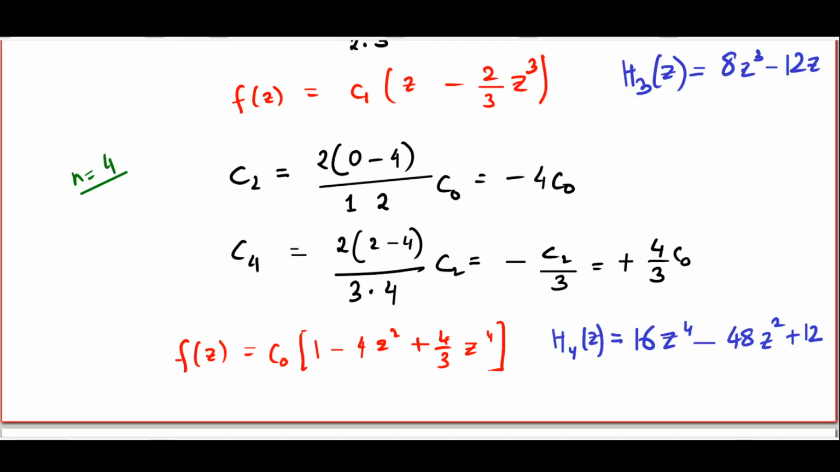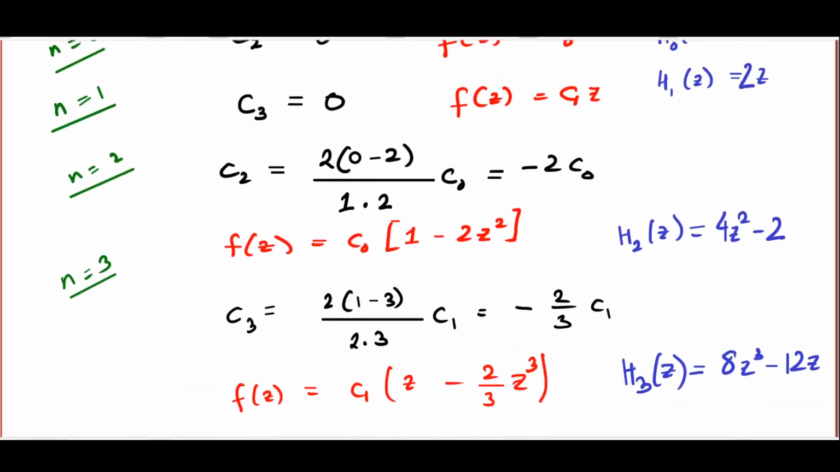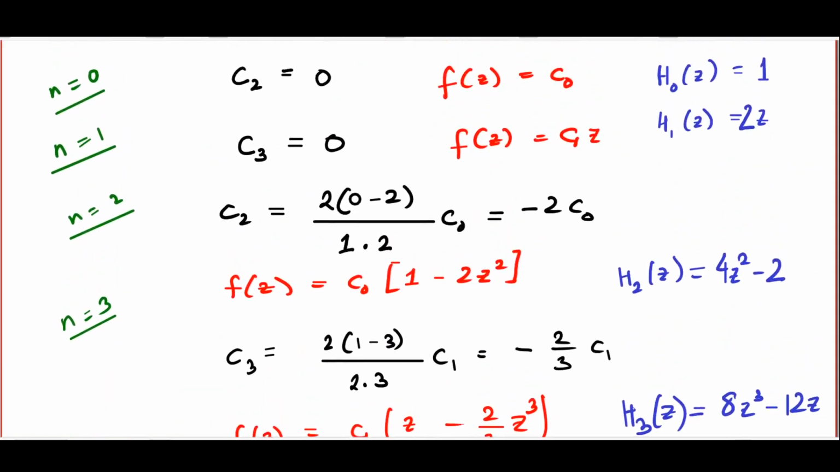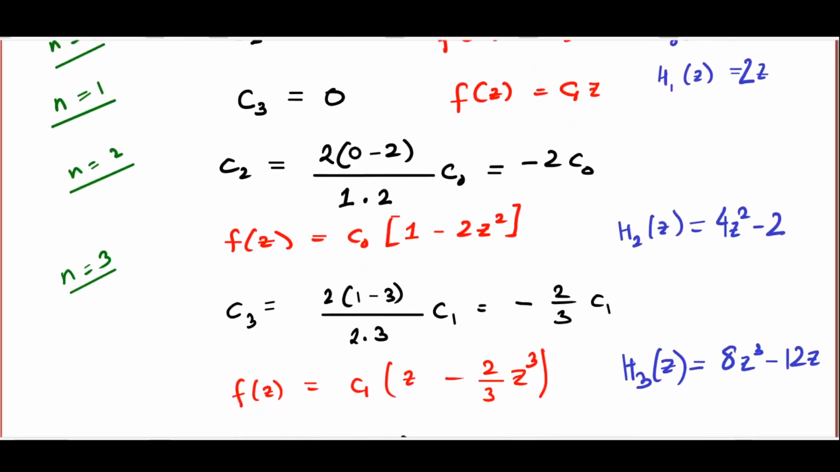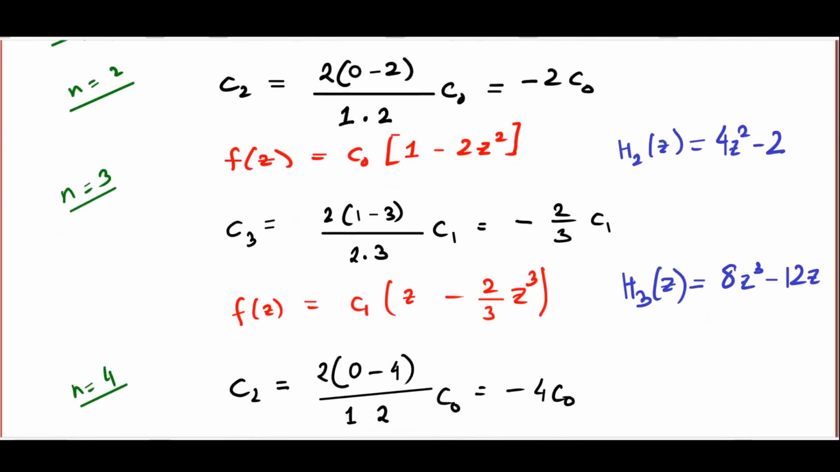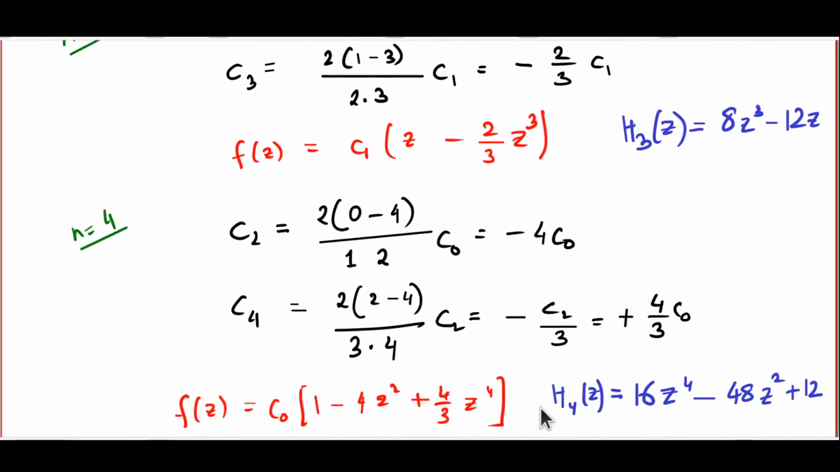Now, in case you have missed the pattern, let me just go back and show you that H0(z) is 1, H1(z) is 2z, H2(z) is 4z² minus 2, H3(z) is 8z³ minus 12z, H4(z) is 16z⁴ minus 48z² plus 12. I'm pretty sure by now you have spotted the pattern here, or the pattern which dictates what value to choose